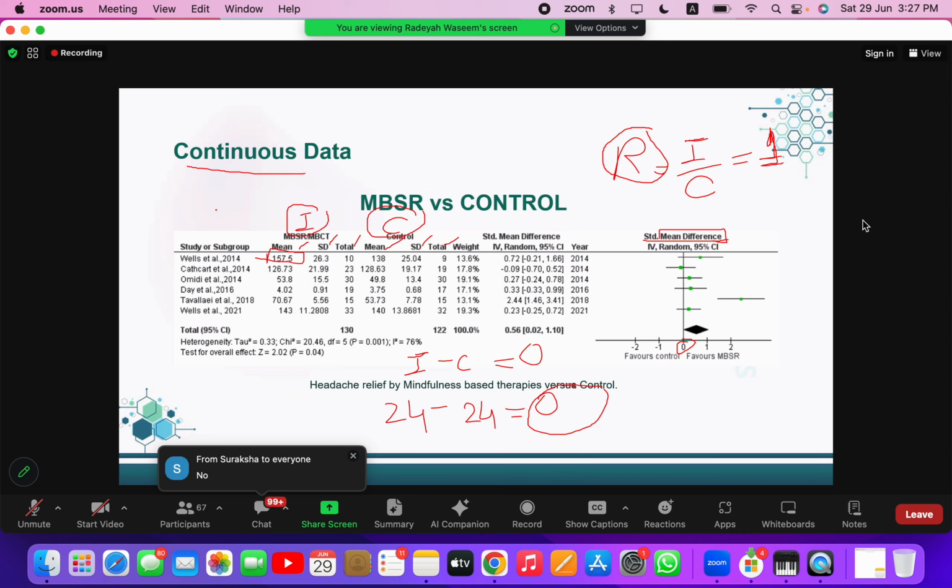So it's present in mean form. Yes, it is the mean, and the effect size is also the mean difference. I will go further in this. This is just a very basic concept. I just need you guys to know why this is 0. Why the line of no association in continuous data is 0: because if both the values are the same, there is no difference, and that difference is represented by 0 in continuous data.